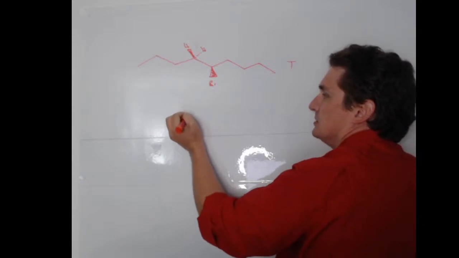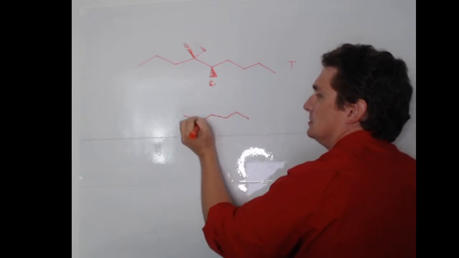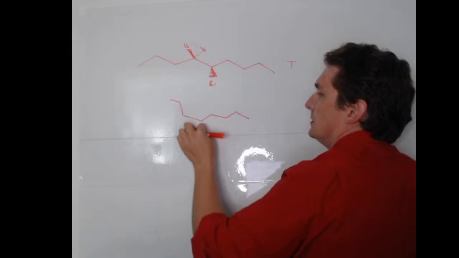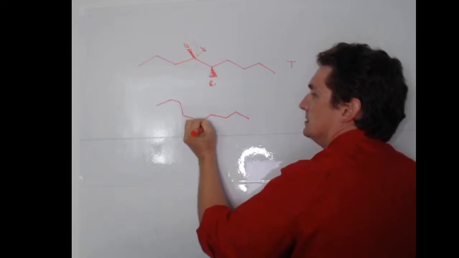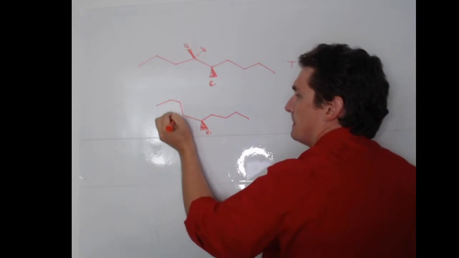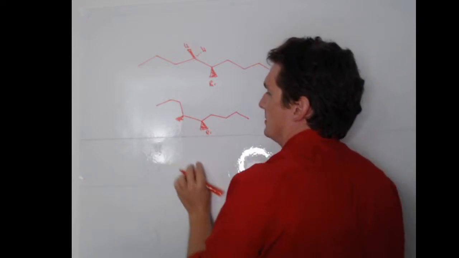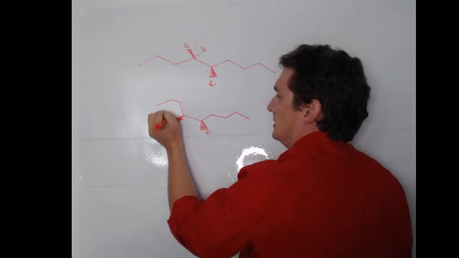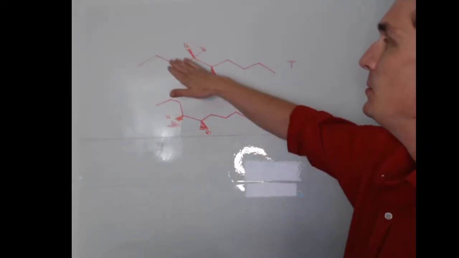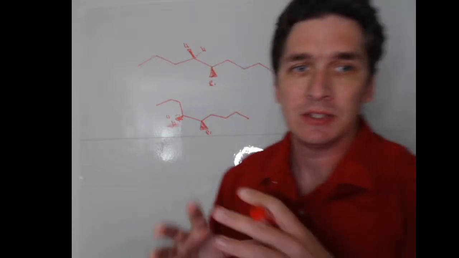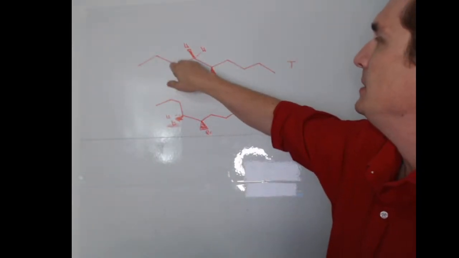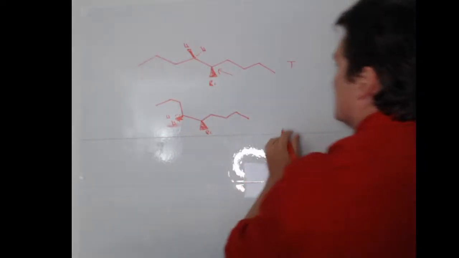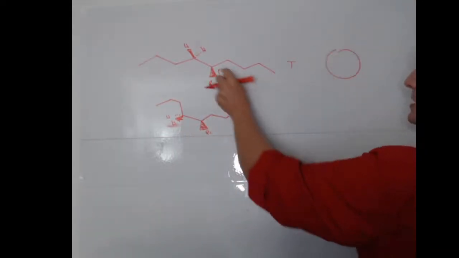In order to get the cis isomer, in order to get the trans isomer or cis isomer, we need it to be kind of in this cis shape. So when we do the elimination, the backbone doesn't move, right? It's all on the same plane. So when we eliminate this bromine, for this to be the trans conformation, it needs to be staggered. So if we draw a Newman projection of this,